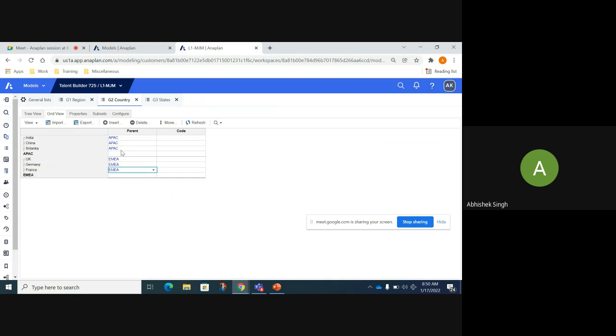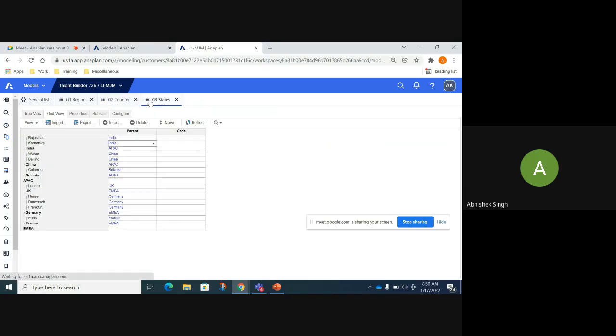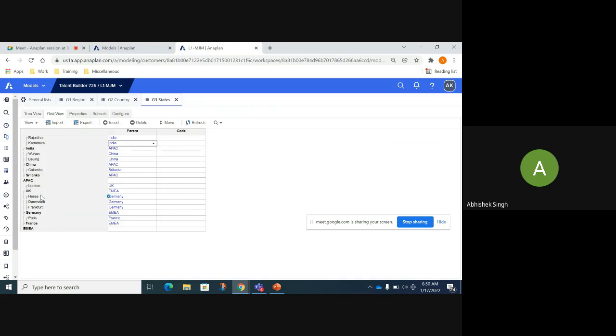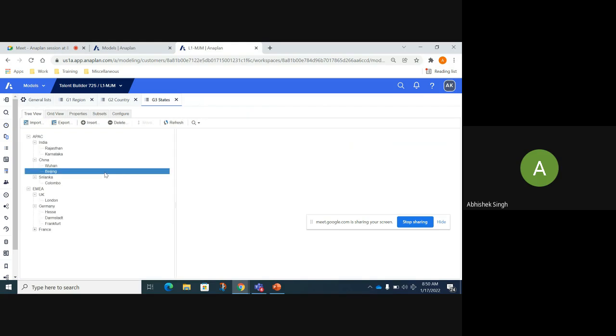Now, apart from the grid view which you see, there's another type of view which we are working on, and we saw that's a tree view. So what the tree view does is it helps us to understand and see this rolling up of data. Why is this tree forming like that? Because these leaves are falling under a parent. Germany's leaves are Hesse, Amsterdam, and Frankfurt, and that's because of the configurations that you have defined over here. So it just gives us a more pictorial representation, more of a tree view, and that's the reason why it's called a tree view.